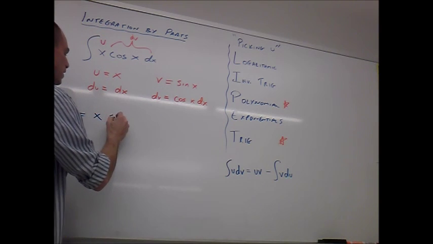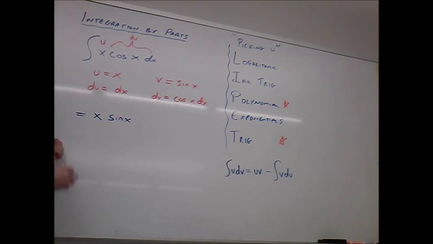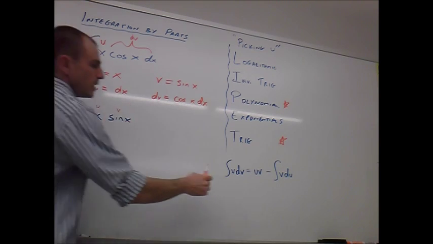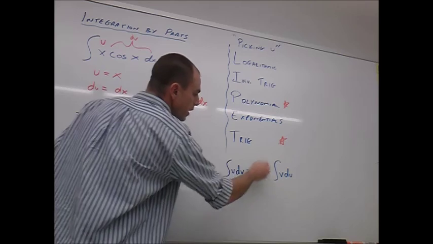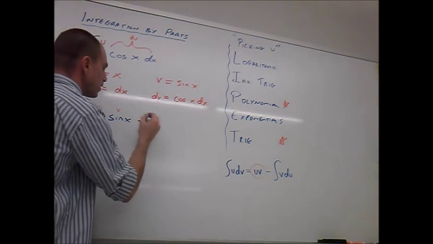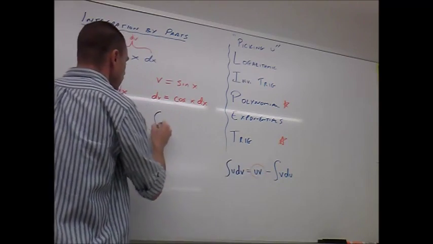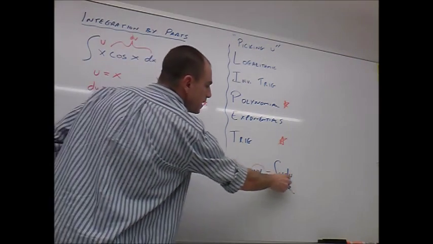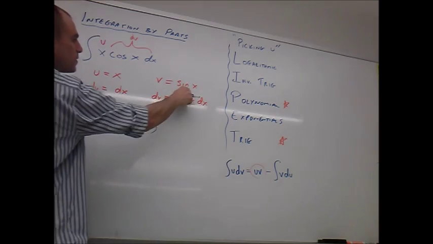So I have x sine x. All right, and again, I'm just writing in orange right above it. So this is my u, and that's my v, and it matches up right there. Okay? And then I need to subtract, and now I have the antiderivative of v times du. Well, v is sine x,